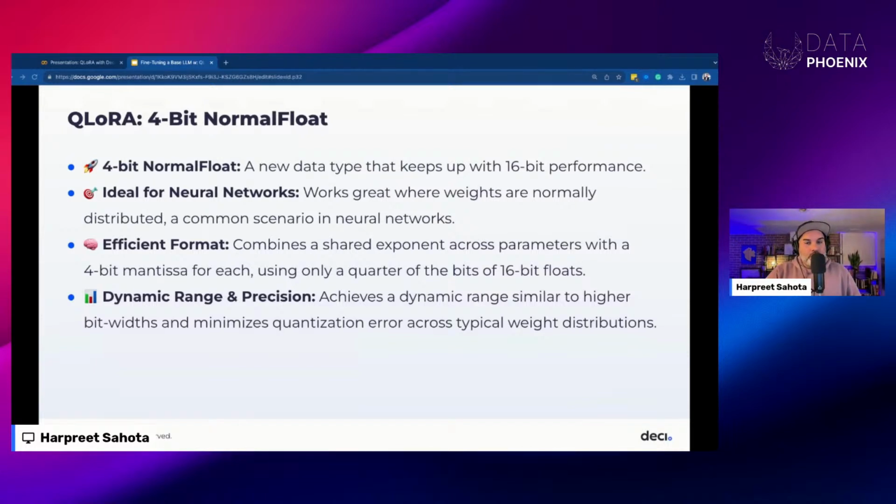4-bit normal float is a data type that Tim Dettmers invented that helps maintain 16-bit performance levels. This is really effective where weights are normally distributed, which is a common characteristic of neural networks, because we can maintain the performance of 16-bit floating point representations while only using a quarter of the bits.